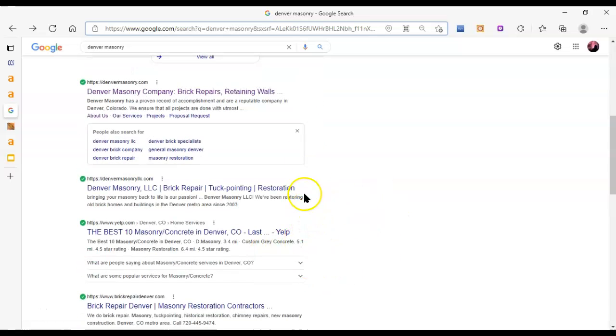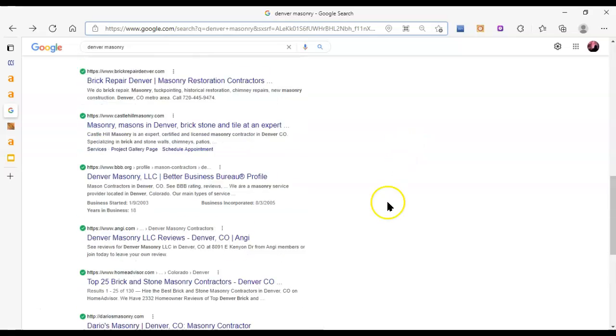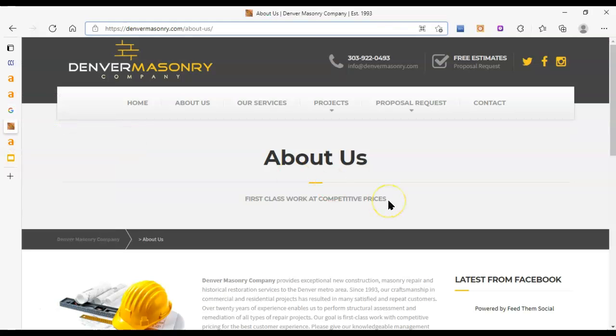Third, not quite as many as the second, and then the rest of the results are generally shared pretty evenly between the rest of the first page. So you definitely want to be in the first position, but that's not the only place to get some traffic. Okay, so now we type in Denver Masonry, or we actually go to their website, and I clicked on